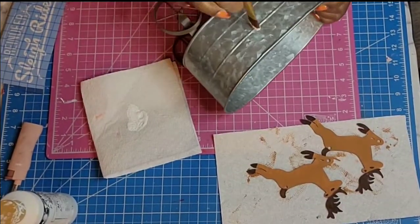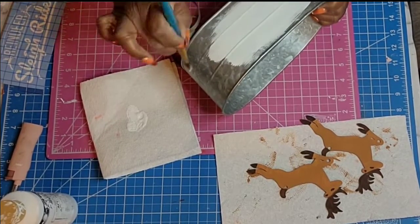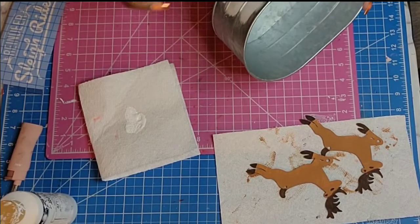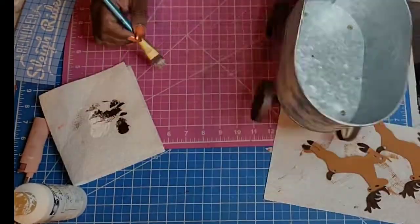All right, so once I get the reindeer to my liking, I'm going to go in and do a whitewash on my little galvanized wagon here. And I am going to go in with just a little bit of burnt umber just to give it more of a rustic look. And I definitely should have probably used maybe